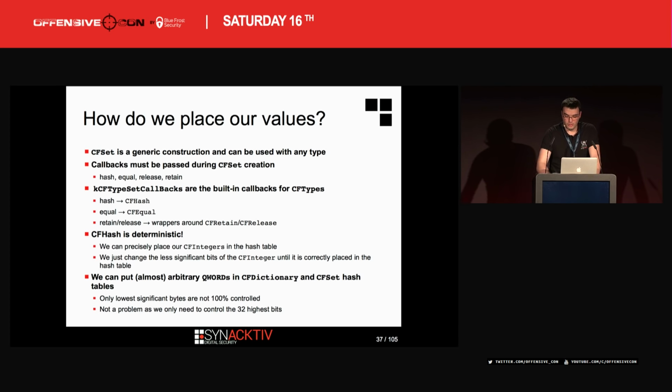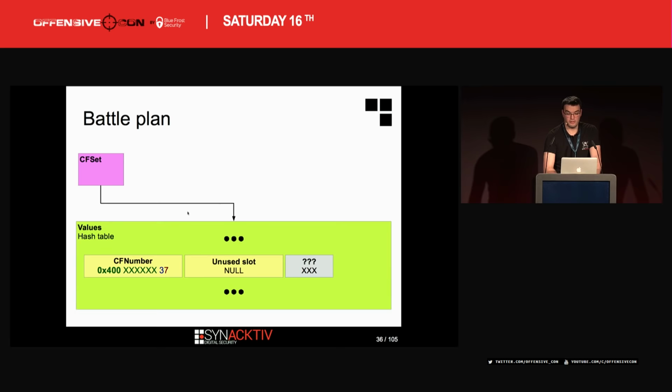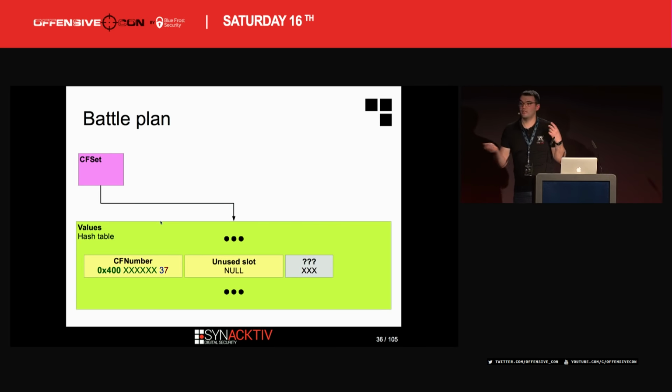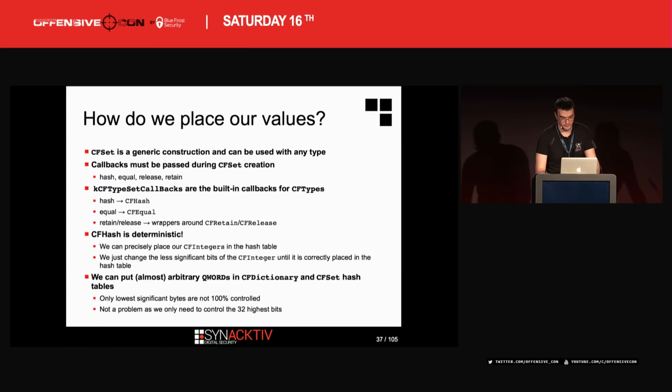The problem is, remember this is a hash table, how do we make sure that our values are correctly placed in memory? The good thing is that CFSet is a generic construction, so you can use it with basically every type, but because we are working with Objective-C objects, the CFSet uses built-in callbacks, so we know what hash functions will be used, and it is deterministic, which means that we can choose